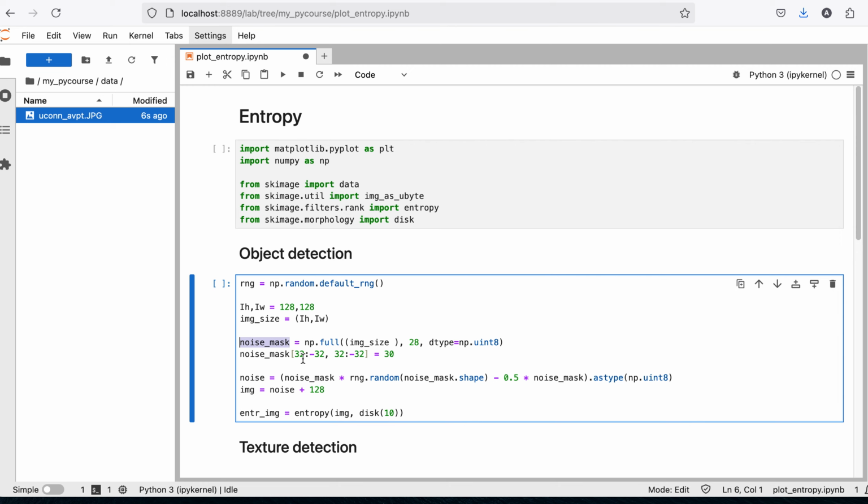And then we would select a portion of that image. In this case, we're selecting from pixel 32 and 32 towards the last 32, and then we'll give it a value of 30. And this value is also small compared to 255, which is the maximum for this unsigned integer 8 image. Of course, you could also make this neater by writing something like,